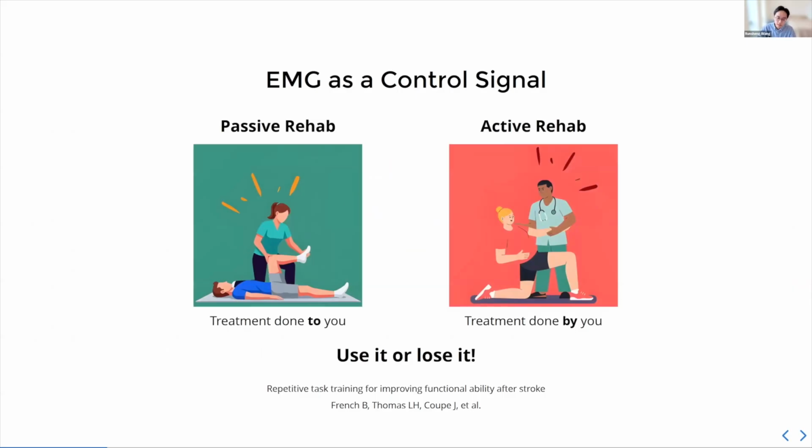But intuitiveness is not the only factor. The more important factor is active engagement. This is to say that recovery is better if you actually use the impaired limb, if you try to exercise the impaired limb. For stroke people, there's very little incentive to use the impaired limb because it's very hard to use. But if you use EMG as a control method, then they're forced to engage the muscles and perform exercise, which helps them to recover. So it's kind of the classic UCL lucid situation.